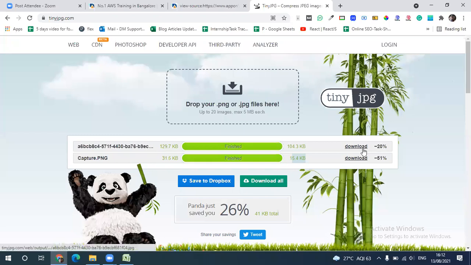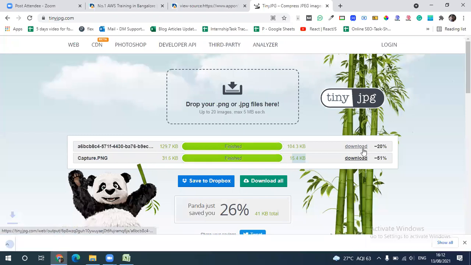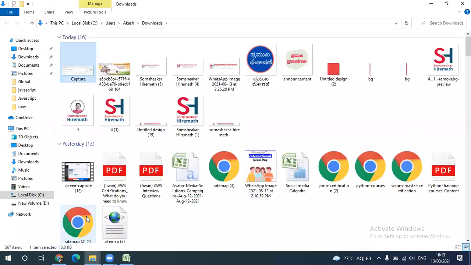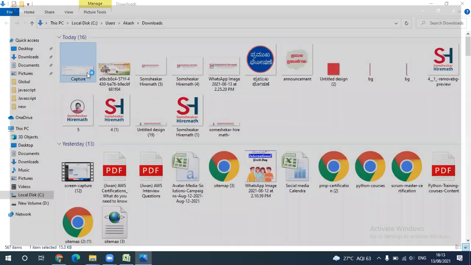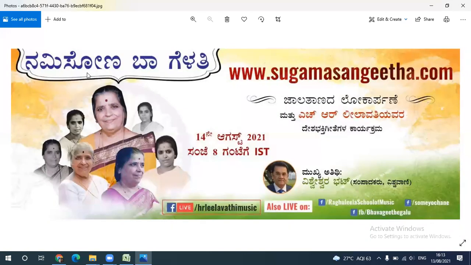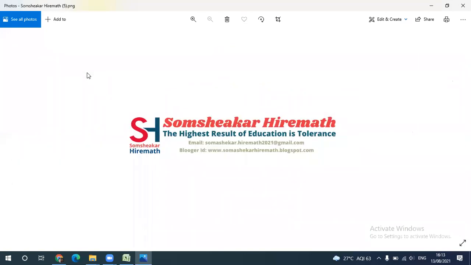If you want the compressed file, just click it here. You get the compressed file here. There is not much clarity difference, it is similar, not much difference, but we can use it. Let's say I will show this also now. If you go for view source, you can see you got it here. The quality will remain the same. Just if you see here, it becomes like this. Any images we can add.